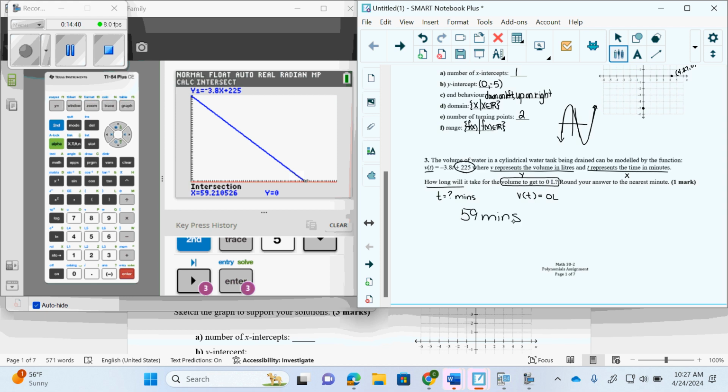And then I'm done. It's a word problem. Am I done? I need a sentence. So I'm going to say it will take 59 minutes